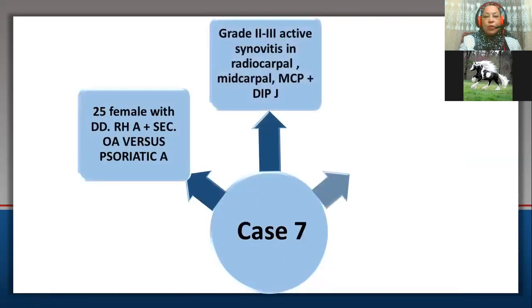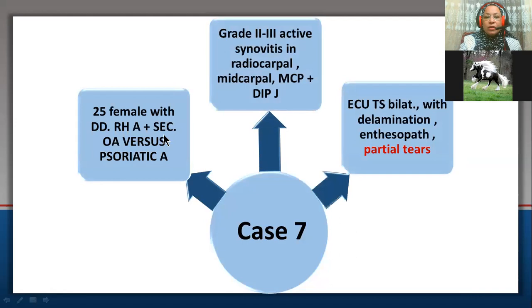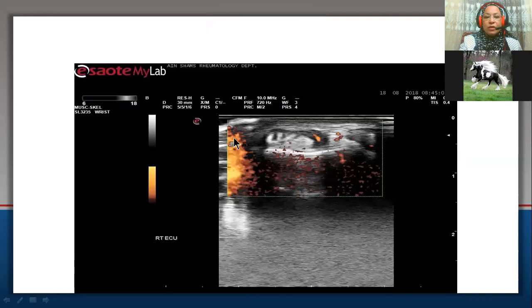Our next case was female, 25 years, with differential diagnosis of rheumatoid arthritis and secondary osteoarthritis versus psoriatic arthritis. There was active synovitis at radiocarpal, midcarpal, and submetacarpophalangeal joints with just effusion at some distal interphalangeal joints. On ultrasound examination of her right extensor carpi ulnaris tendon, there was fragmentation and heterogeneity of the